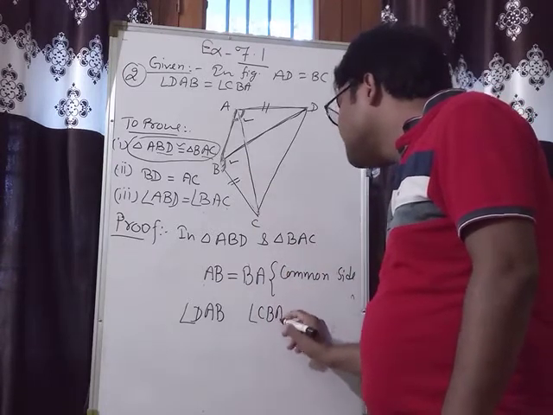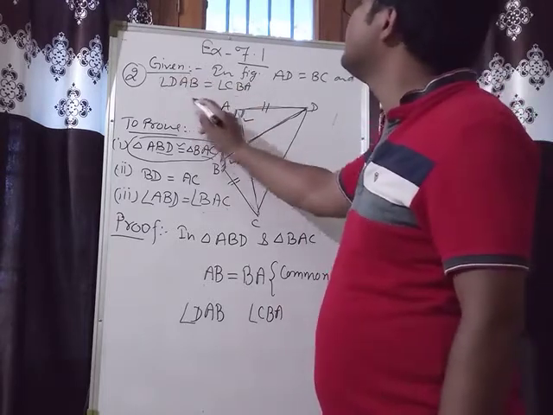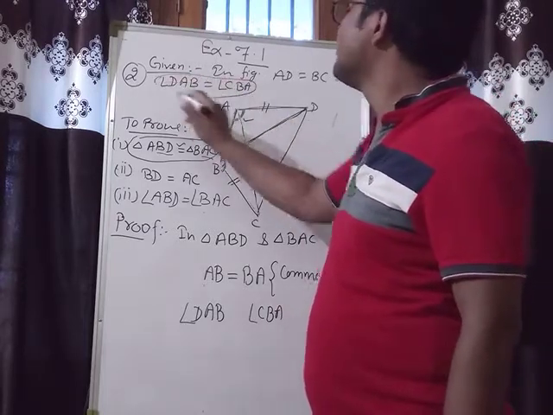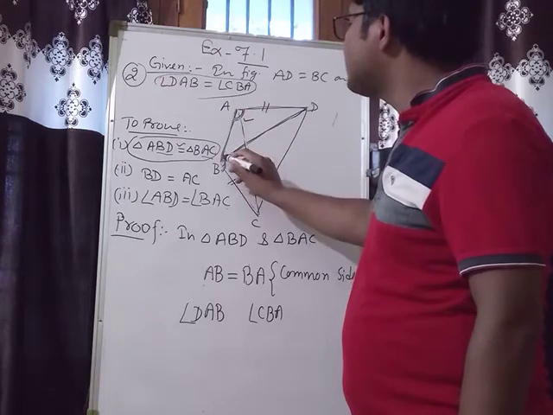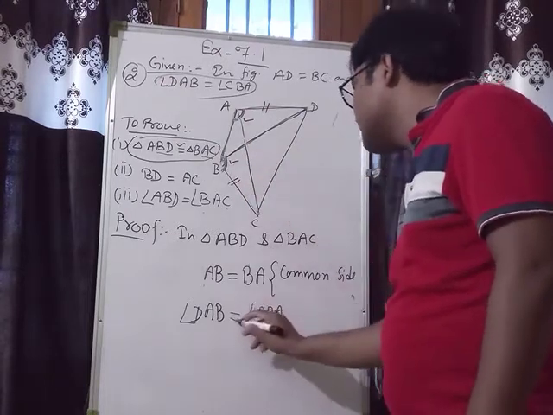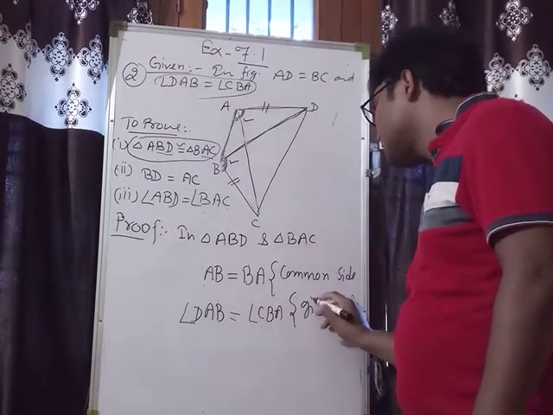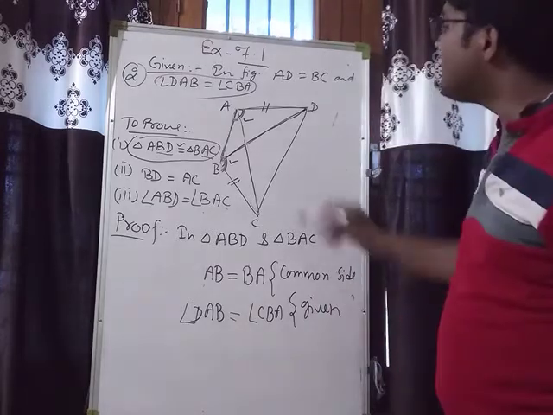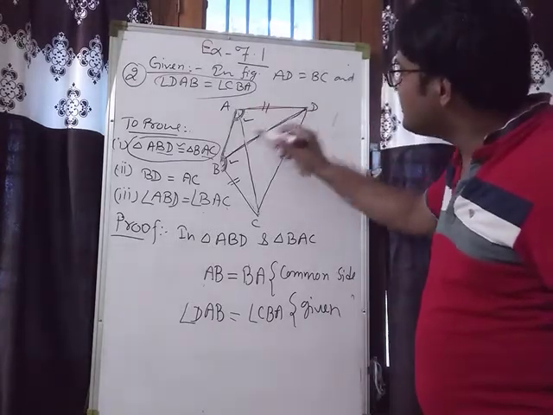CBA, and it is given that DAB is equal to CB. It is given that this angle and this angle are equal. It is given in the question. Now in triangle ABD,